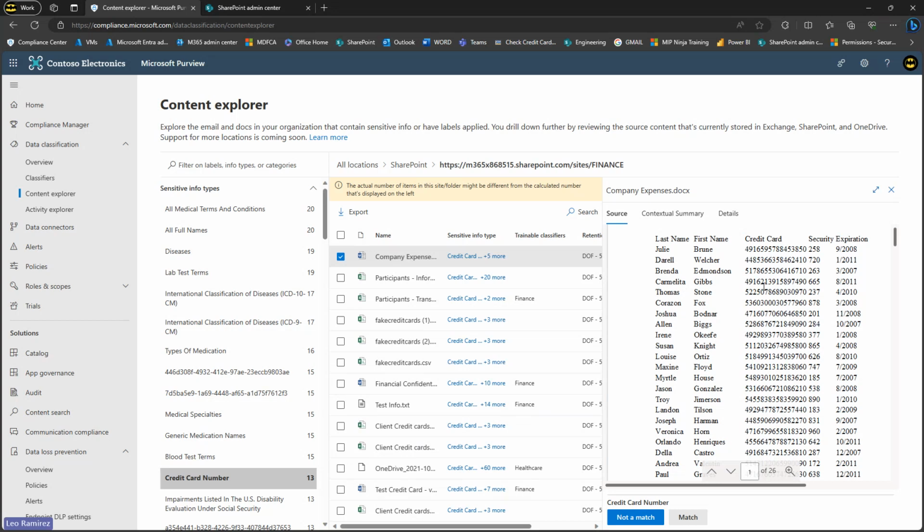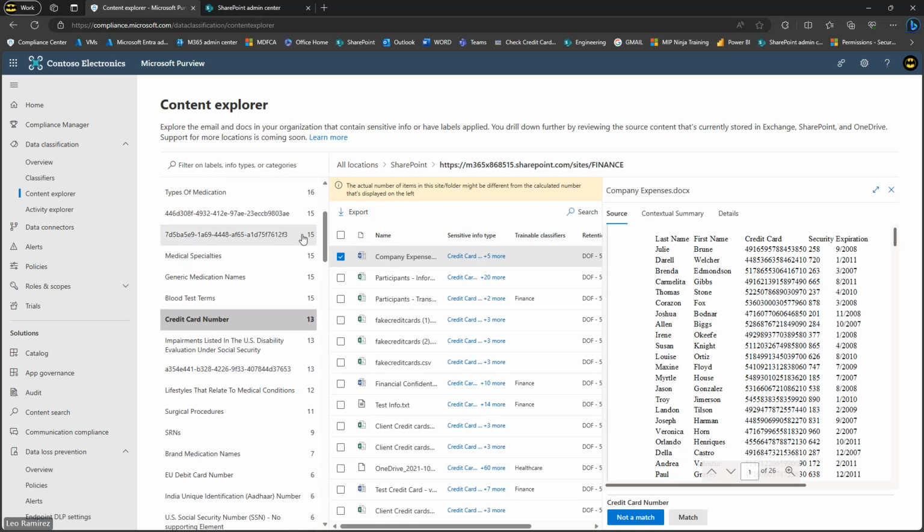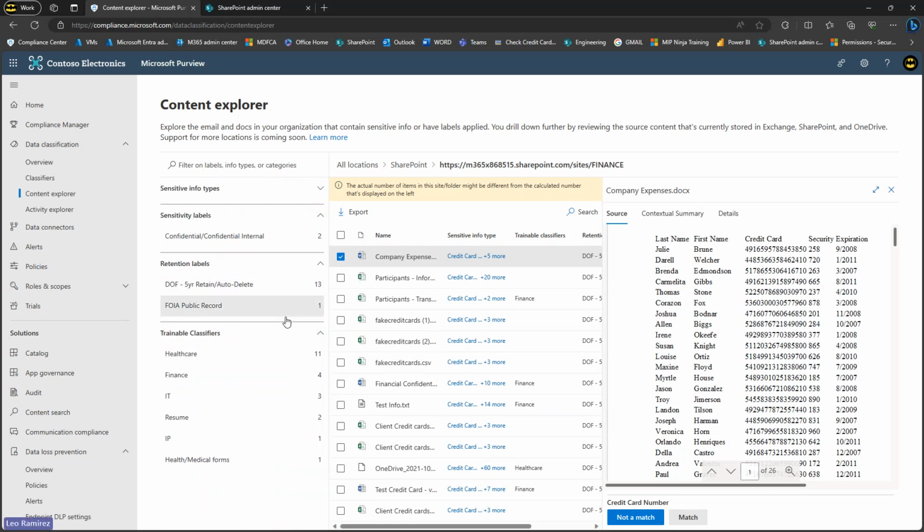So I can leverage the power of AI that's already built into Microsoft Purview. This is just one example. And as you can see, so many other sensitive information types have been detected. And this is day one, this is happening. And if I want to see what kind of trainable classifiers are automatically being detected, I can filter for those as well. Looks like I have a number of healthcare, finance, IT, and other types of documents that are maybe